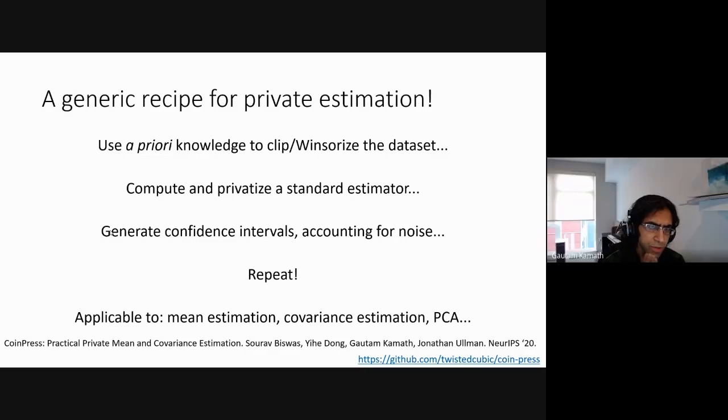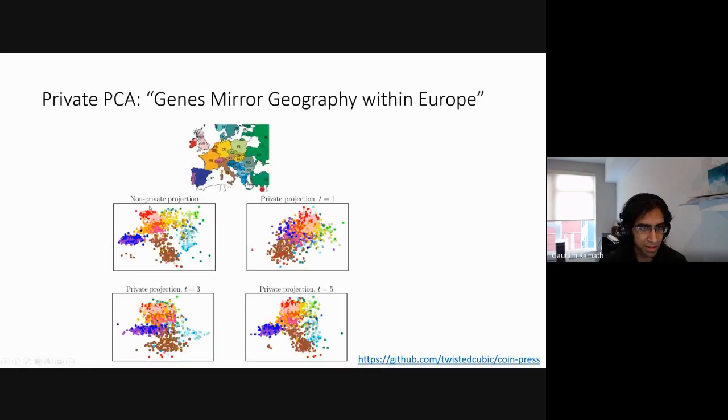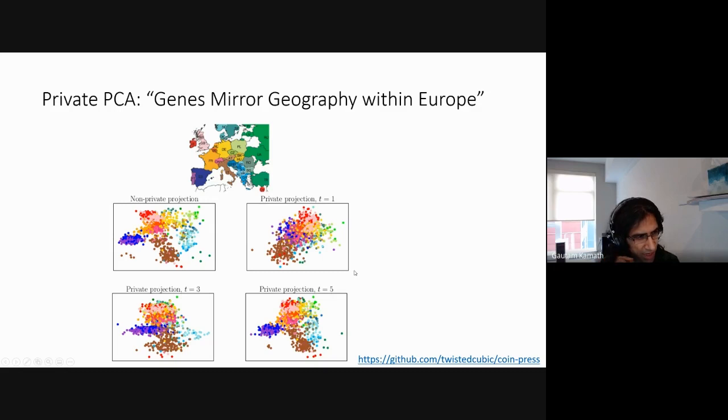Okay, I interpreted those as two separate questions. The first is whether the Gaussianity is really crucial. I said that generally it works in any setting where you can have some sort of confidence intervals. So even if it's not Gaussian tails, that's okay. But it also seems to be surprisingly robust to this, in the sense that we still apply it in cases where the data may not be Gaussian. For example, for this picture, this is definitely not a Gaussian distribution. I don't know what it is, but it's probably not Gaussian, and it still seemed to work okay. So even though it doesn't perfectly fit the theory, it still seems to work well and be robust to these types of distributional assumptions.